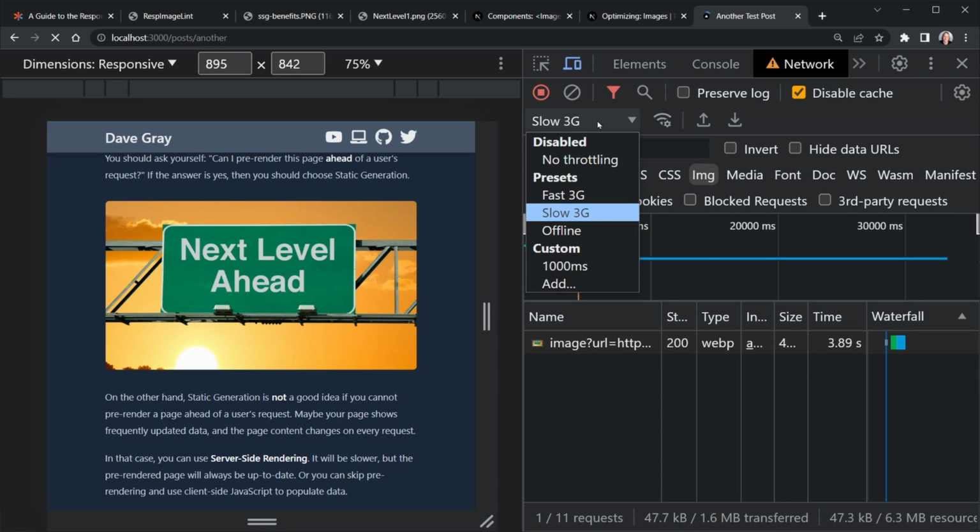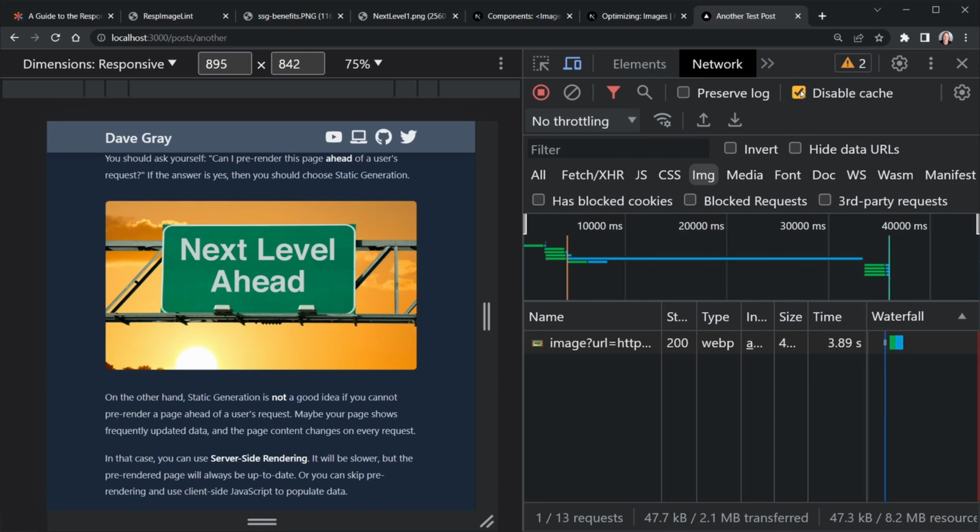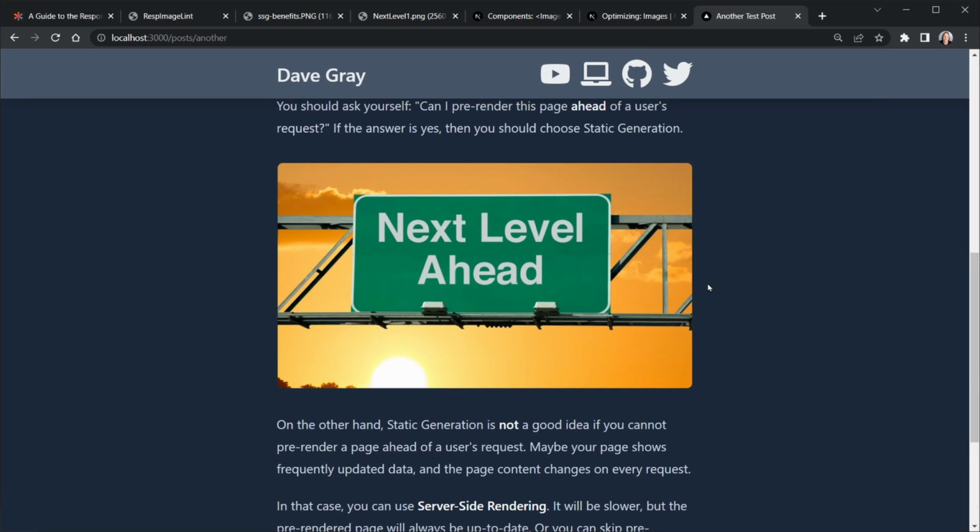Now I need to remember to switch all of this back. So no throttling, and I'm not going to disable the cache. And so with what we've learned, you'd think it would always be best to just provide the actual dimensions of the image to the image component. But this might not be the case. And we can check this out by looking at my example, which I know is always going to get